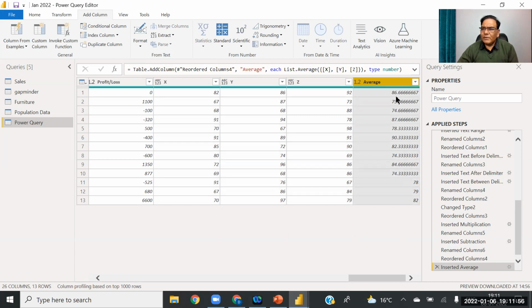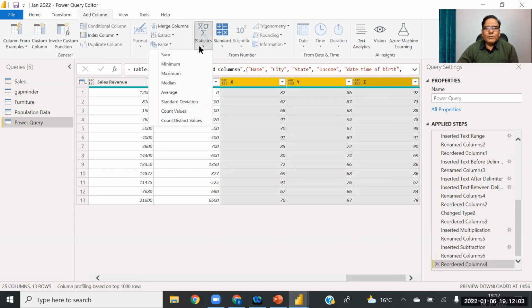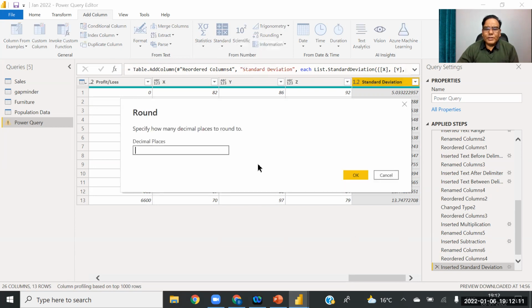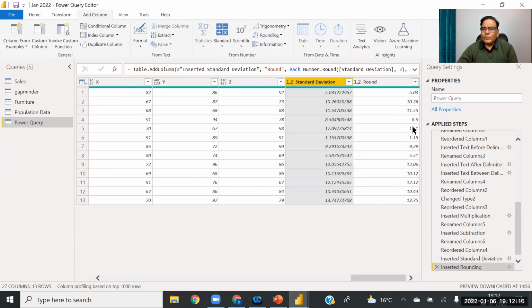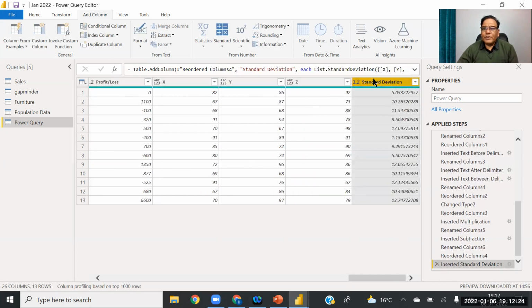Okay, so this I think we have done. Let's calculate some standard deviation. So this is the standard deviation, and I want to change it to 2 decimals. In this case a new column is not required, so we can select this column and go to transform.